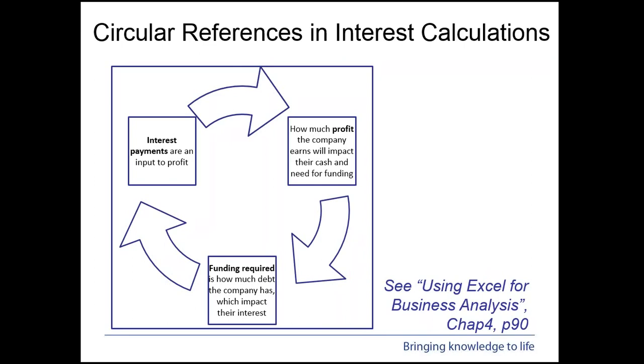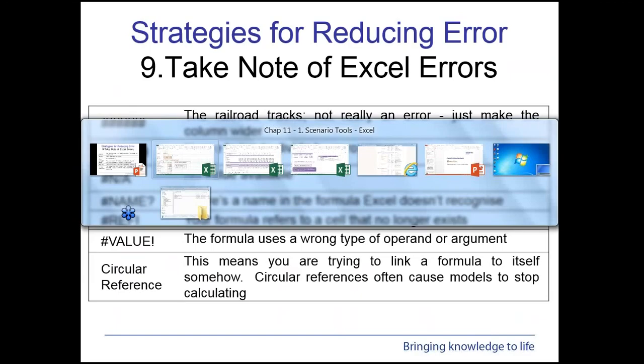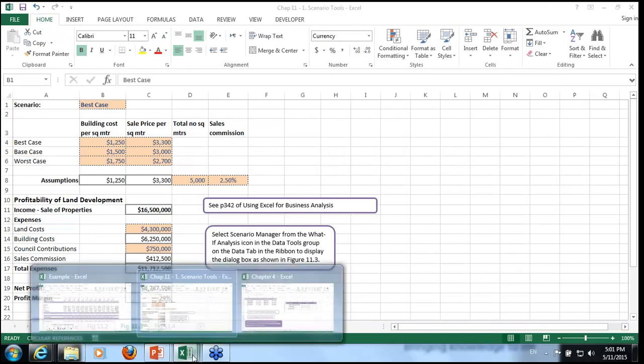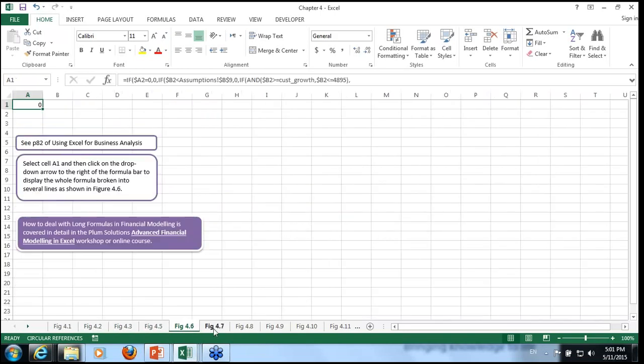So don't ignore, just going back one slide, don't ignore Excel errors, and certainly don't ignore circular references, because that means that Excel is calculating on itself somehow. If I can just go to your chapter 4, just going back to that chapter 4 slide there, if I go over to the circular reference,